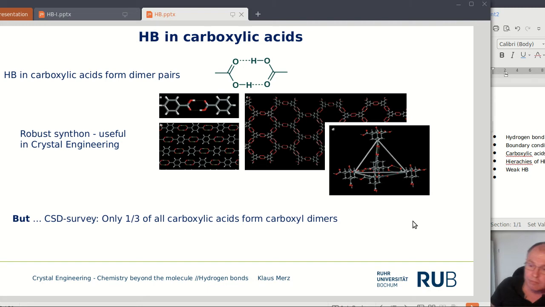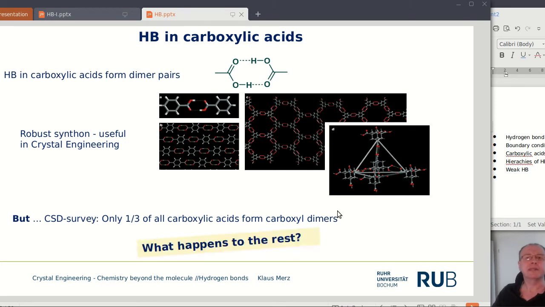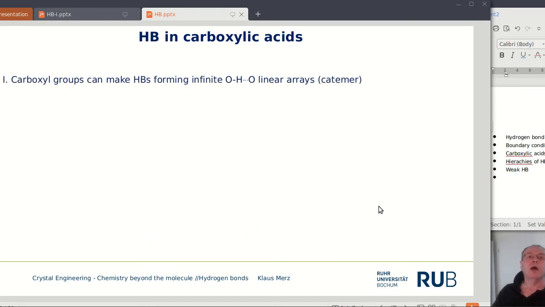But this was theory. If you look in the Cambridge Structural Database, then you will see only 33% of all dicarboxylic acids crystallize in such a manner. Question: what happens to the rest? 66% do not crystallize as this dimer. Wow, a huge amount. Well, what we see in several cases,